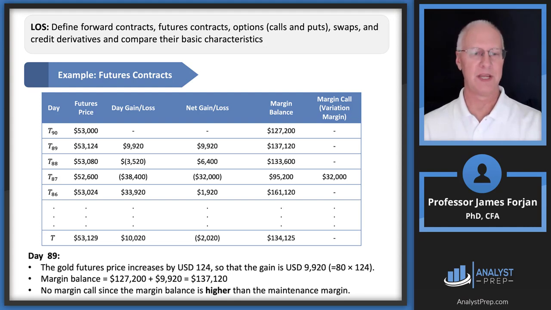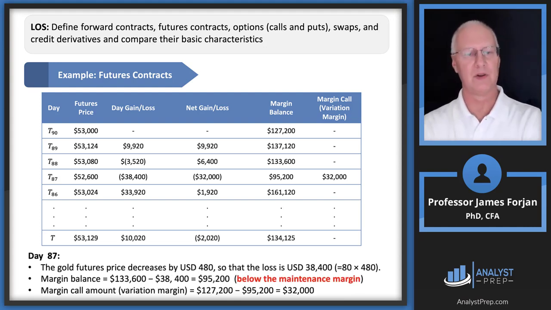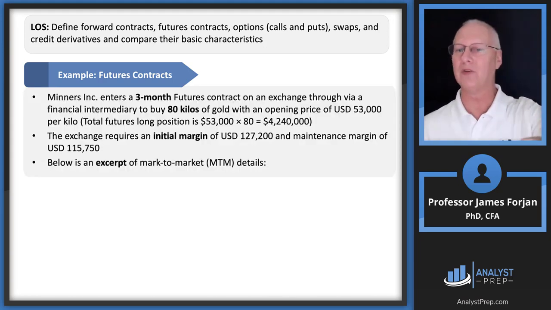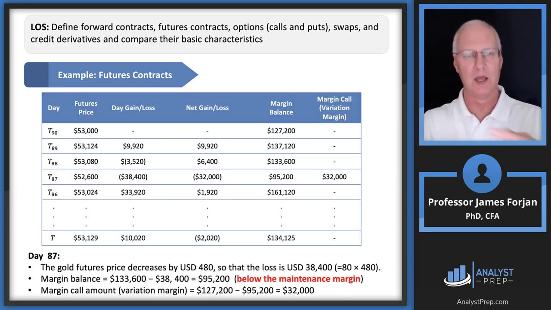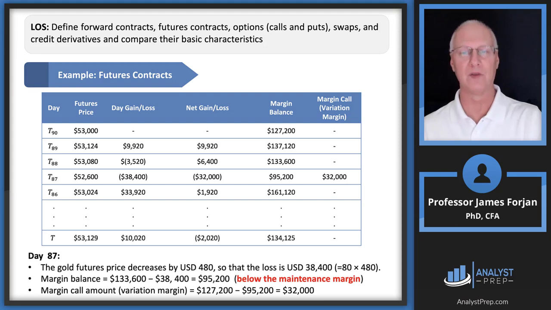And then what happens on day T87? I think we have another slide here. So let's go to this day T87. Oh my gosh, the price falls precipitously. So now we need to take the 52,600 times the 80 and subtract that from the previous day's total. Don't go back and subtract it from the 4,240,000. This is a rolling daily settlement. We already settled on that initial day, so we settle from that previous day. So we lost 38,400. So that's 32,000. So look at our margin balance. It's only